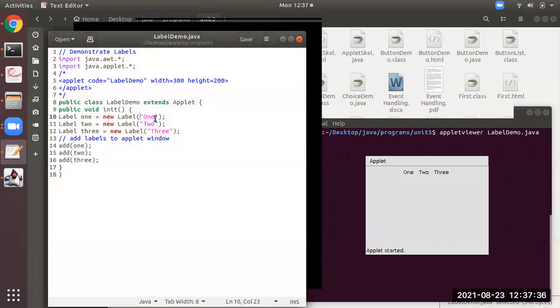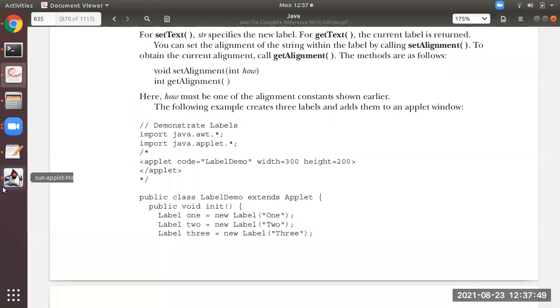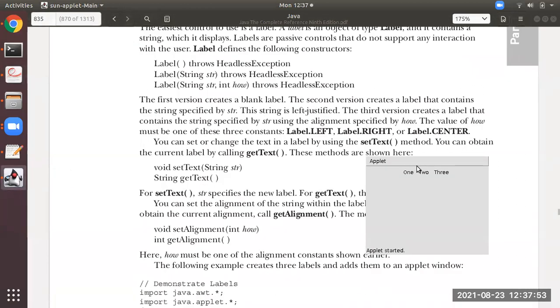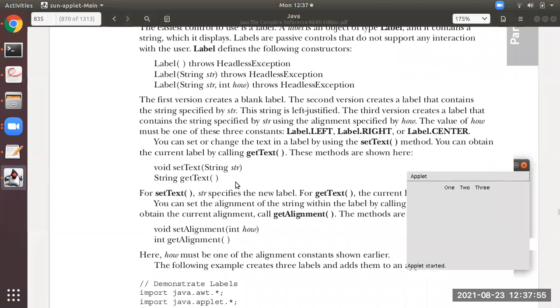These are the things that have been specified in the constructor over here. So you will be able to see these three things over here, the three labels. But how we are able to get that kind of output, you have to just go through this.